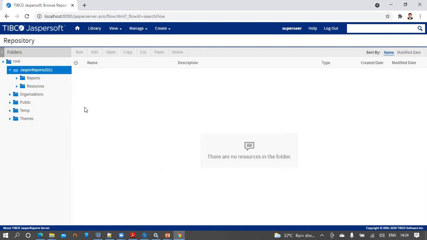We are going to publish a report under the reports folder, and we are going to create a data source connection under the resources folder. Now let us see how we can create a data source connection within the server.